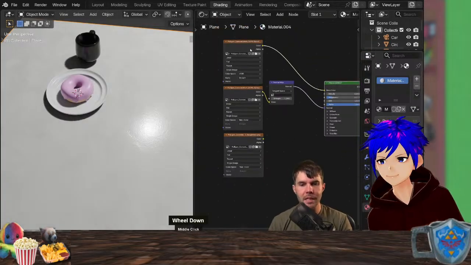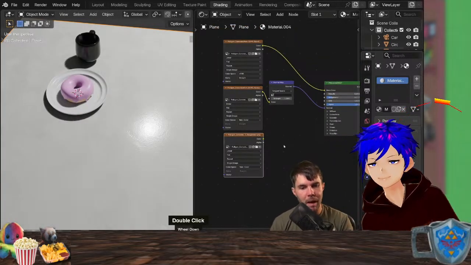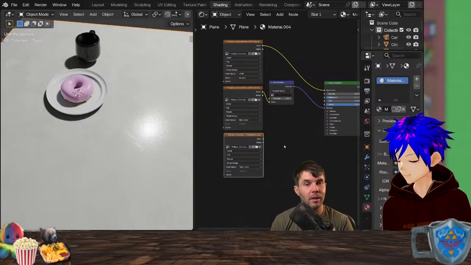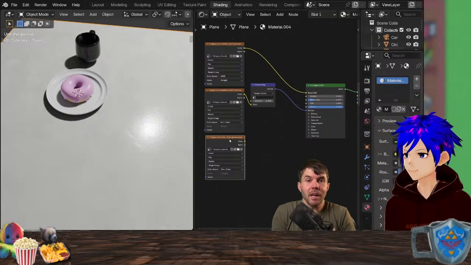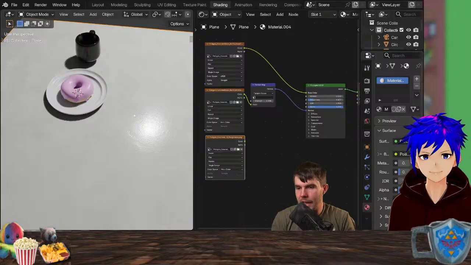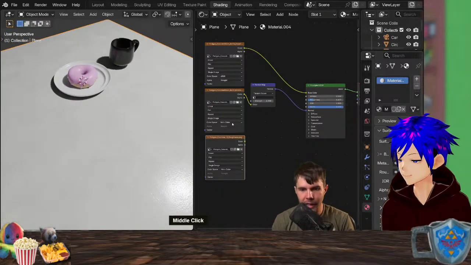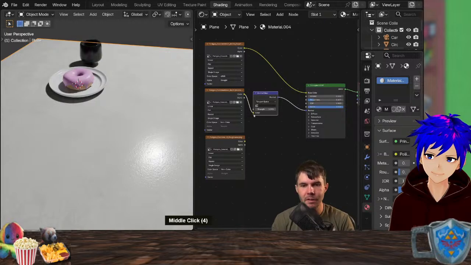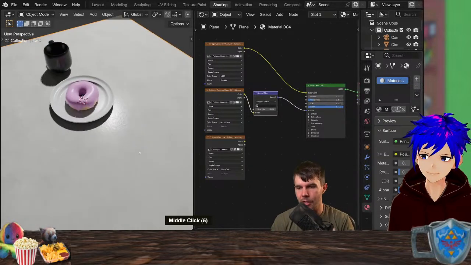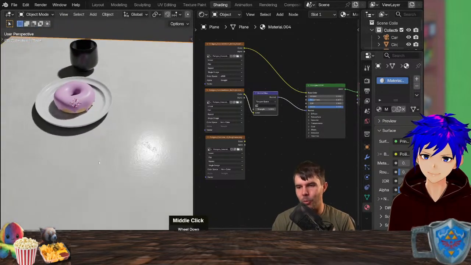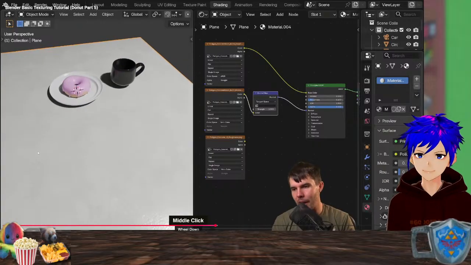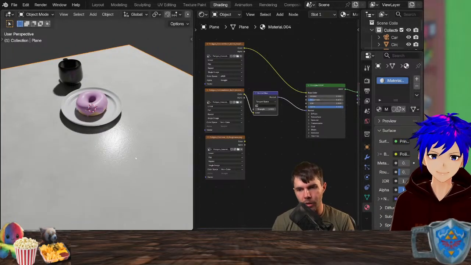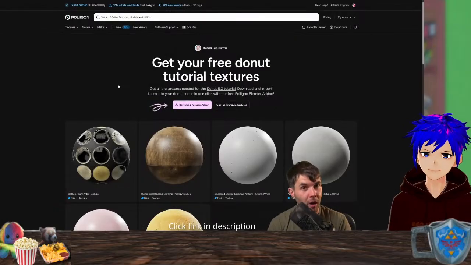Honestly, most of the time, these three maps, the base color, the normal map, and the roughness, are like 90% of materials. And that's really all that you need for those. But it is still very finicky to do this, right? Am I wrong? Having to remember the color space and connect this and convert that. Even just these three things was like 30 clicks. So that is why most people that are dealing with PBR textures don't want to have to do this. They want to use an add-on like the Polygon add-on.